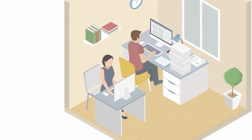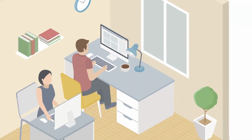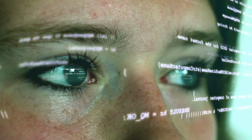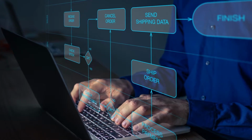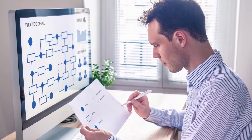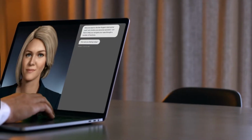Today we will see how Amelia can learn and adapt, similar to how a new employee would, in situations where she hasn't been trained on how to handle a user request. Instead of the current state, where you have a team of knowledge workers reading conversation logs and feeding that analysis to specialized natural language processing and process design engineers, Amelia can do all this manual work by learning directly from